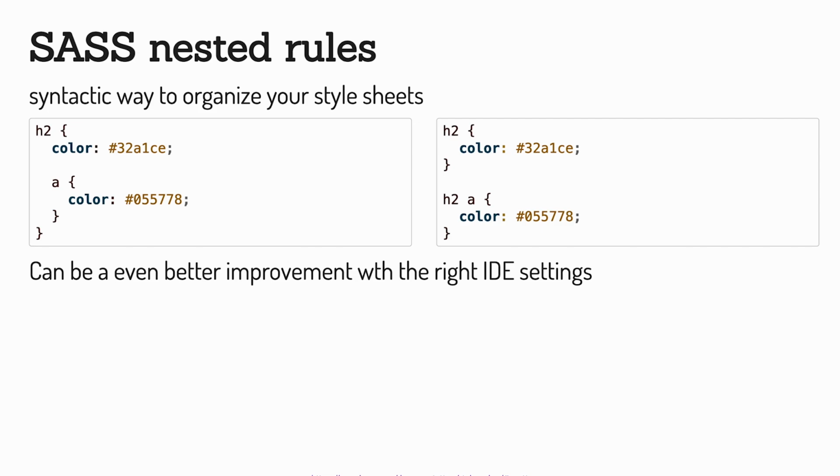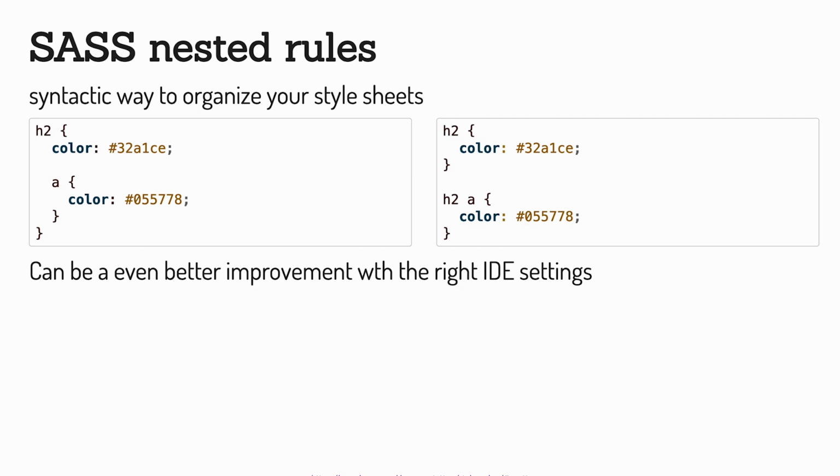We also have the idea of nested rules. If you have a website where you need to style a lot of things, you end up writing quite a lot of different rules to specify different things, but some of them are connected by what they do. So here we have an H1 or H2 header, and we want to have a specific color, but we want any links inside of it to have a different color. So we could specify it on the right by 2 different rules, but we could also specify it on the left, which is the SCSS nested rules. So anytime you specify something inside another thing, it knows that it uses both.